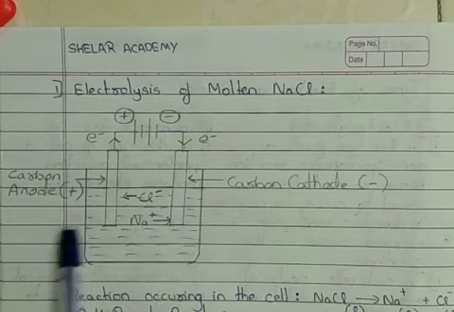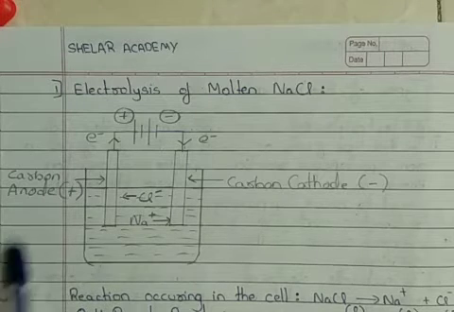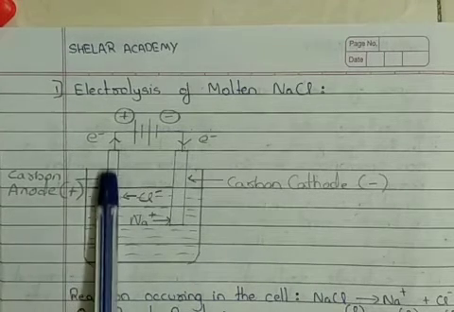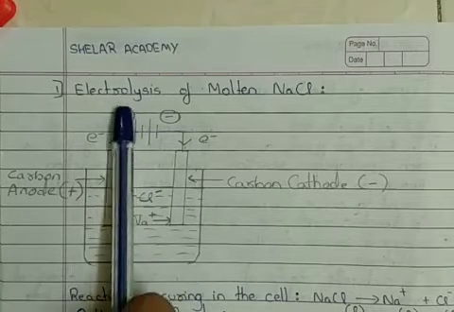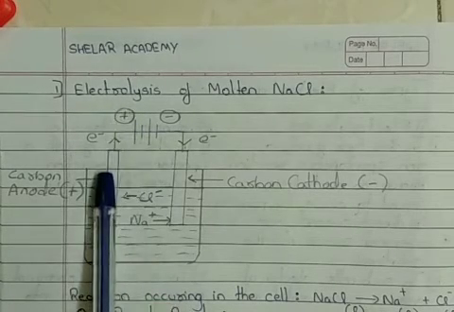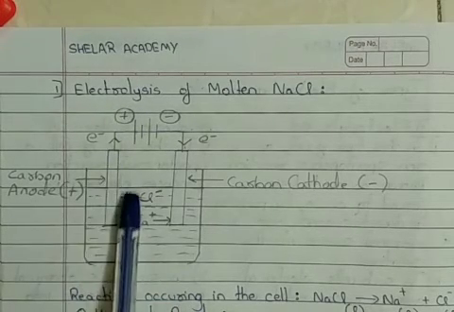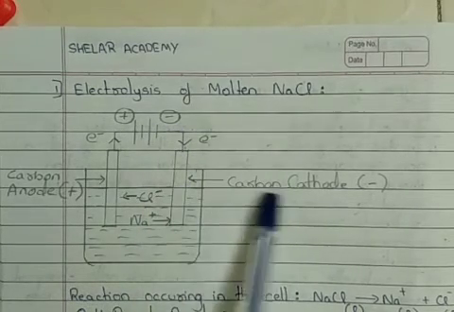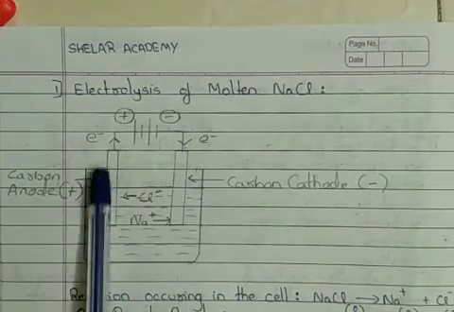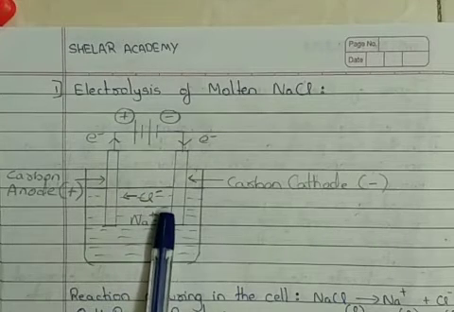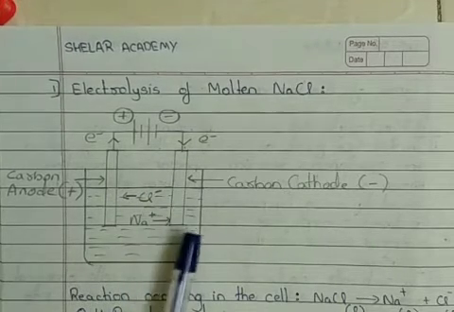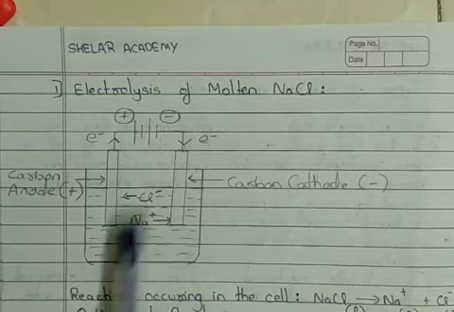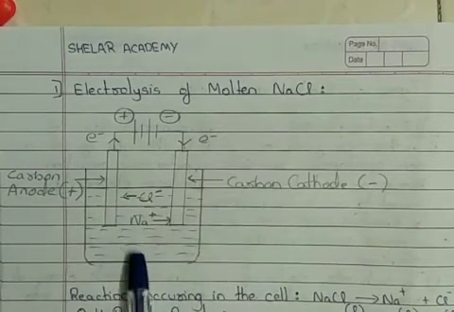As just discussed, in electrolytic cell our anode is positive. So the plate which is attached to the positive terminal of battery will be your anode, and the one which is attached to the negative terminal of battery will be used as cathode. So the first and important thing, we will be having two plates fused in an electrolyte. In this, our electrolyte is NaCl.